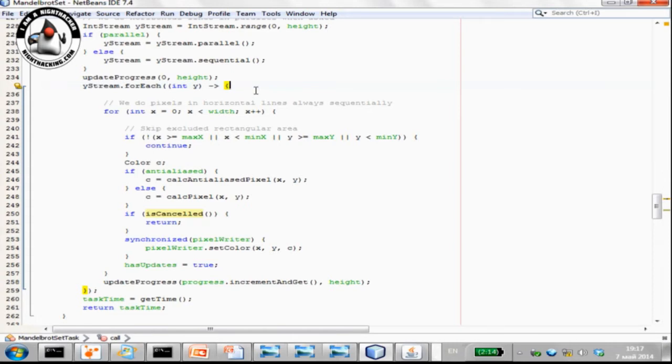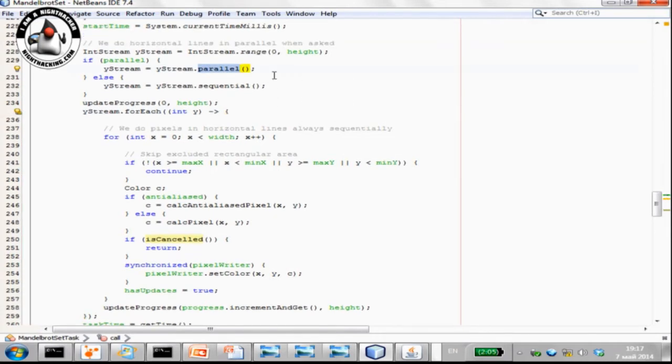Maybe we should just pass the microphone. I don't know the internals of that, but what would be the difference if you use the Lambda expression here? It's just an anonymous method, right? Internally, this call here, parallel, actually indicates that we would like to have it calculated in parallel.